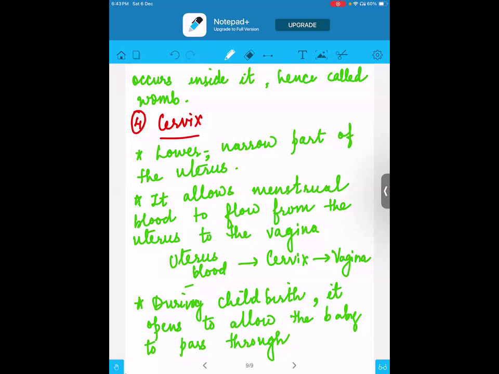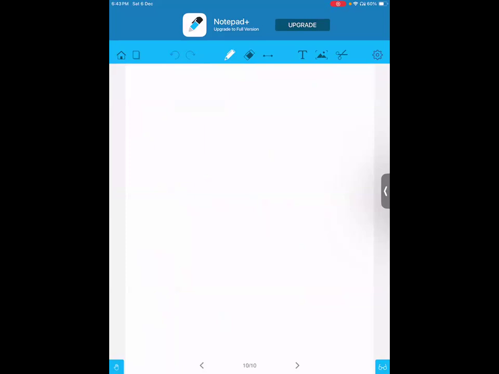During the childbirth, it opens. You might have heard, like, in the females during the pregnancy time, they will have two scenarios. The one is normal delivery, and the other one is the cesarean, which we call C-section. Now, during the time of the normal delivery, this cervix plays a very important role. So, if this cervix opens up, then the child can come easily. It becomes a normal delivery. But generally, in most of the cases nowadays, the cervix does not open, and because of which the child cannot come out easily. So during that time, they have to undergo the surgery, which is called a C-section or cesarean.